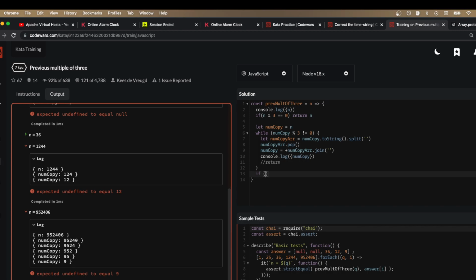So if the number copy that we're left with here is divisible by 3, then we're going to return the number copy. Or let's say if it's different from 0,